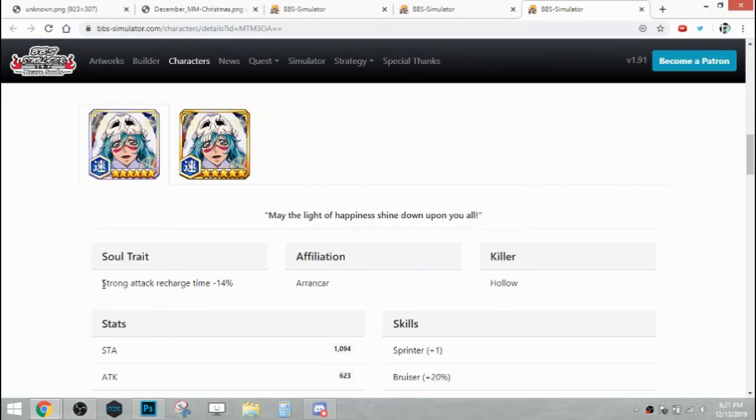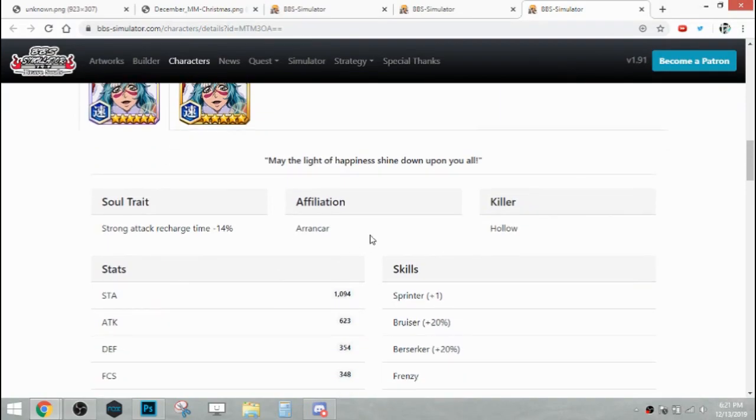And then her soul trait is also strong attack recharge time 14%. So that makes her the third 14 star link for speed. And with that, every attribute now has 3 14 star links except Mind. Mind has 4. So they're a bit ahead in that sense. But other than that,